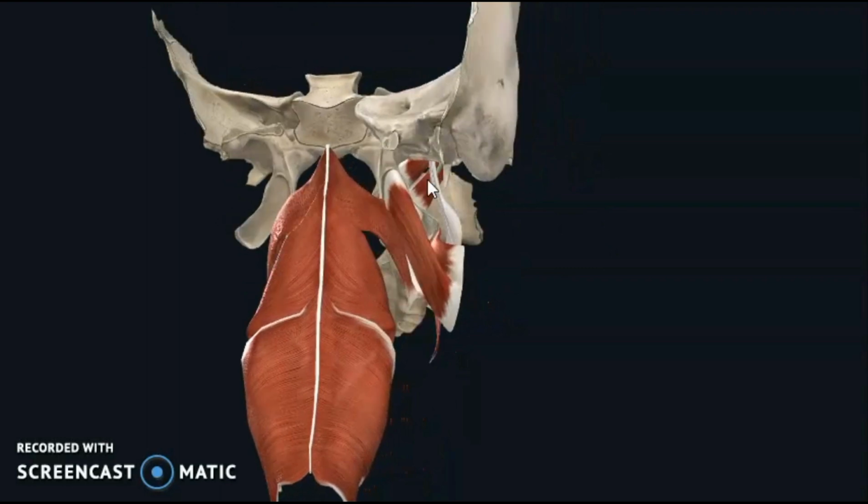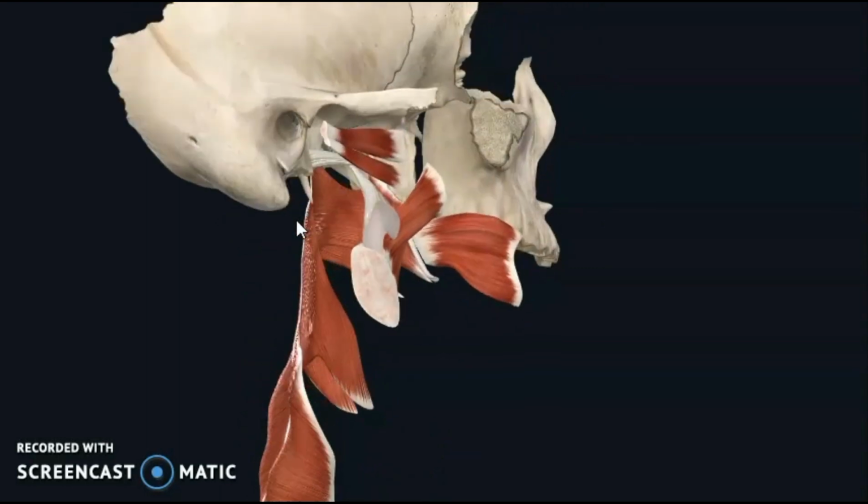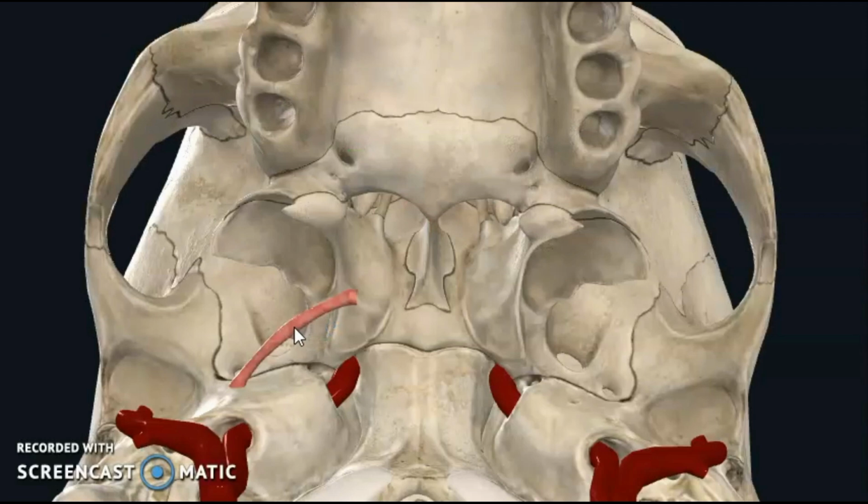So what are the three ligaments attached to the spine of the sphenoid? Pterygospinous, anterior ligament of malleus, and spinomandibular. This is the spinomandibular ligament, whereas the pterygomandibular raphe is attached to the medial pterygoid plate. From the anterior margin of the pterygomandibular raphe you are seeing the buccinator muscle, from the posterior margin, the superior constrictor. So the pterygomandibular raphe gives attachment to the buccinator anteriorly and the superior constrictor posteriorly.